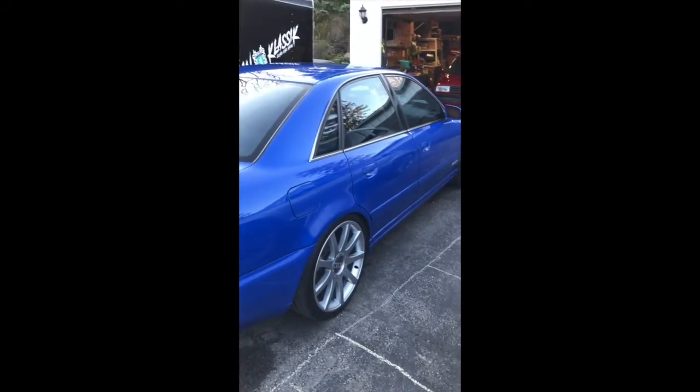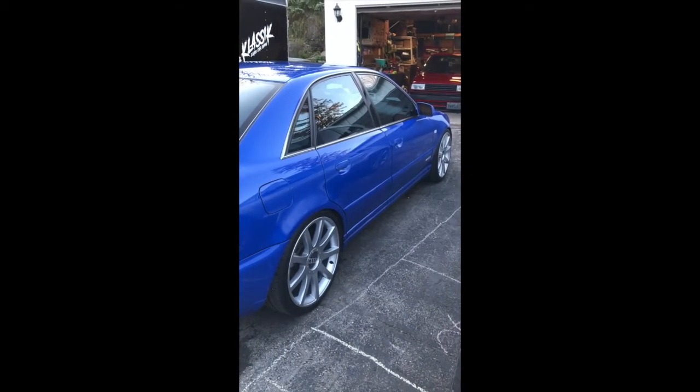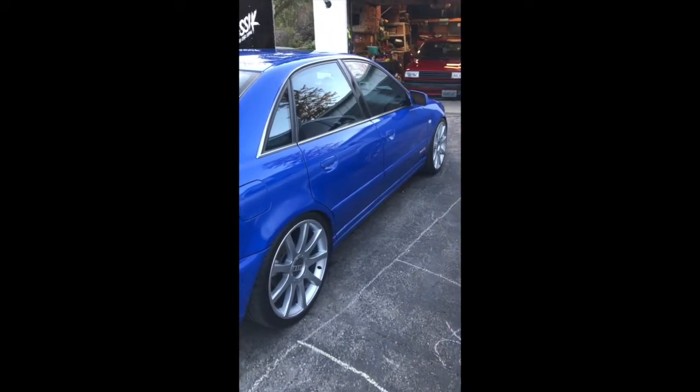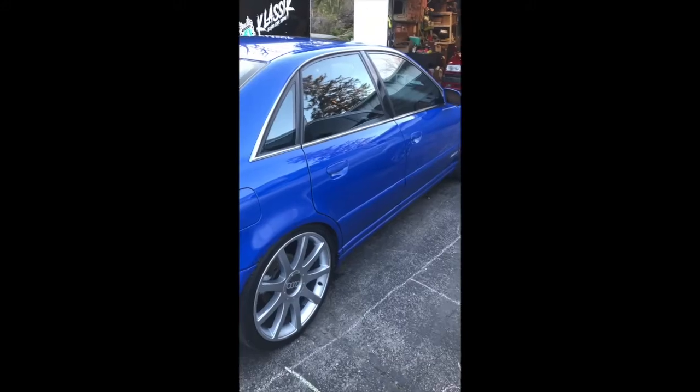So this will be Nagaro Blue, round 3 of the Nagaro Blue B5S4. Yeah. I love you, Gordon. Technical difficulties on the other issue or other runs, but